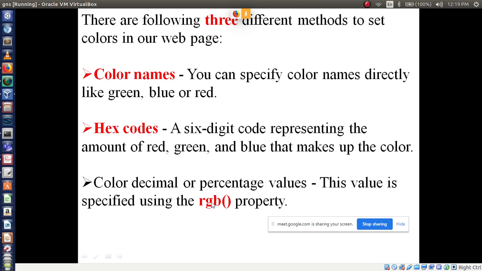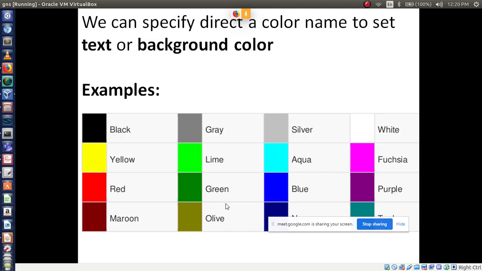Specified using RGB. R means red, green, blue method. Here you have to apply the code, I mean numbers, in these brackets. Then you will get the color. Let's see one by one, right? First, using color name.